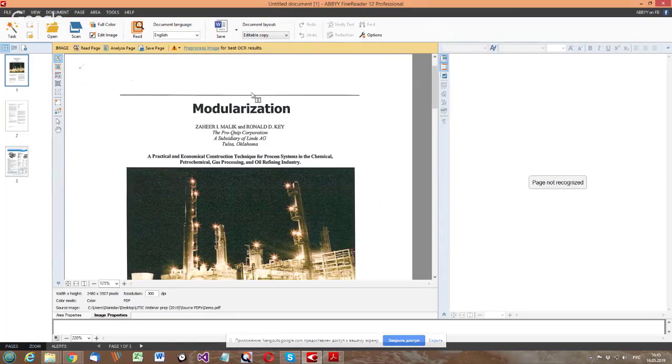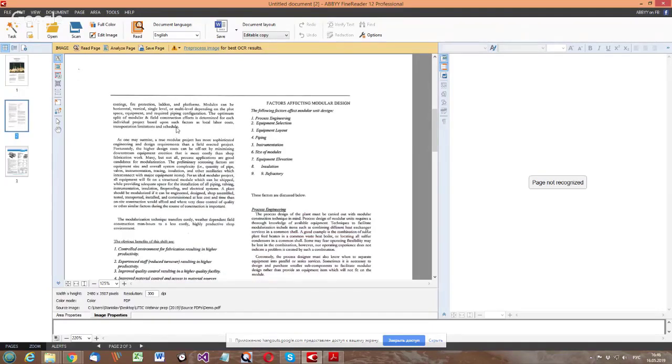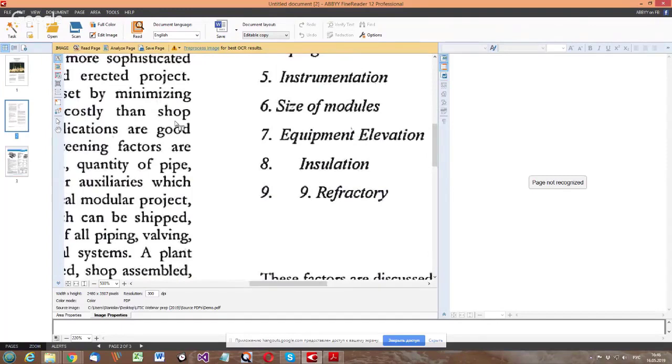First, make sure that the document language setting corresponds to the language of the document. We have English here, and the document language is English, so everything is correct. Finereader is already configured correctly in accordance with my recommendations in the brochure. This actually needs to be done only once. The document contains several scanned pages, and we see those scanned pages in page 1 and 2. You can see it's scanned.